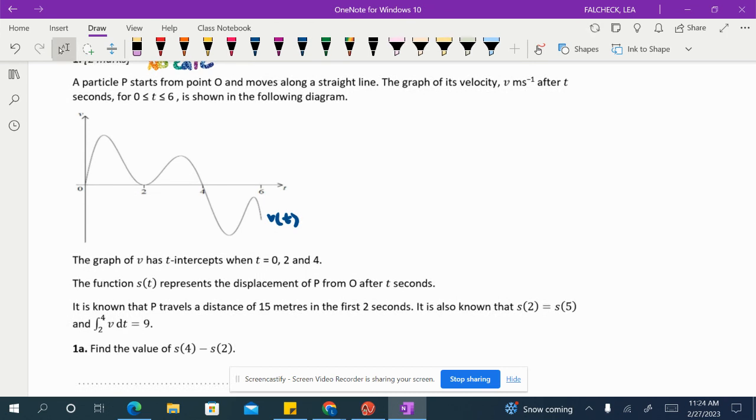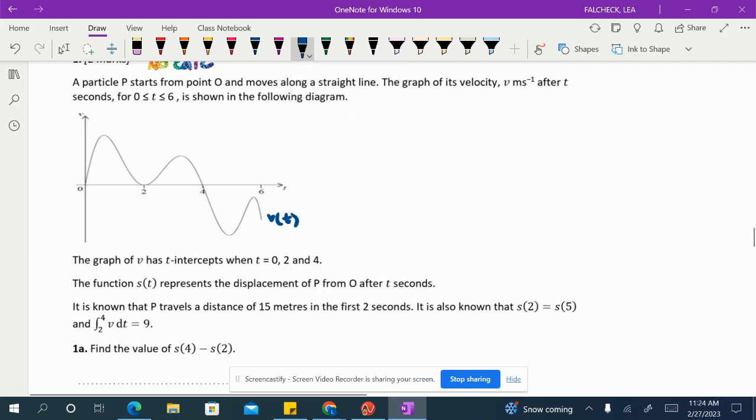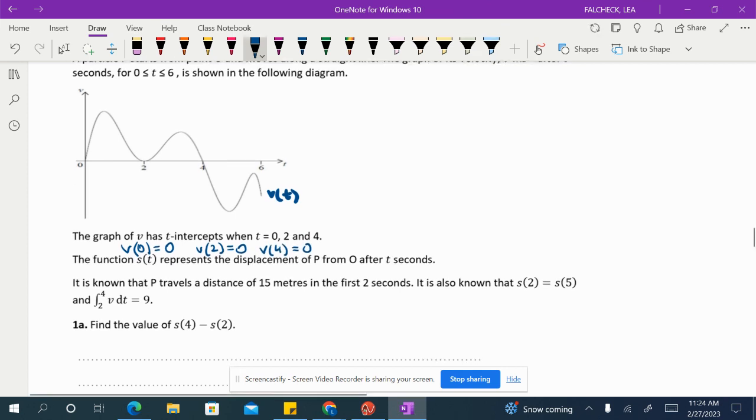The graph of v has t-intercepts when t equals 0, 2, and 4. So t-intercepts in the velocity function are going to be when the velocity is equal to 0, right? It's when it's crossing the t-axis. So we would have v of 0 is equal to 0, v of 2 is equal to 0, and v of 4 is equal to 0. I'm just translating these little bullet points into math in case we need to use these pieces